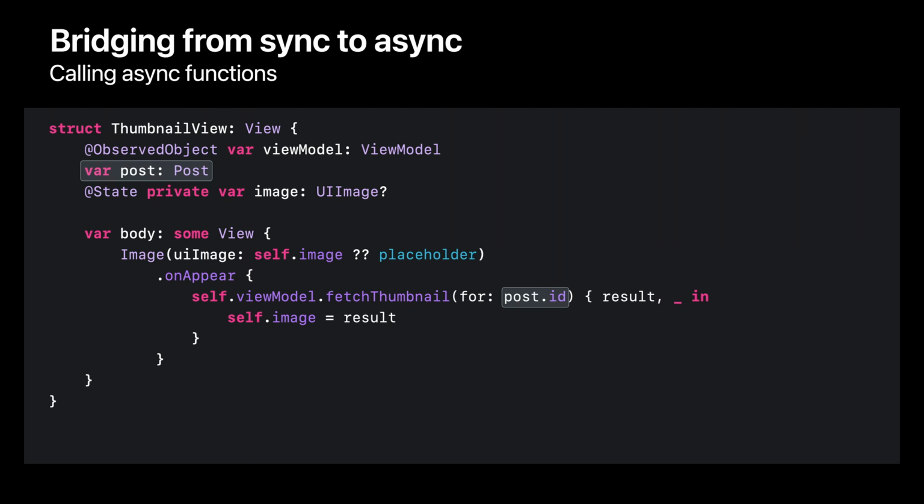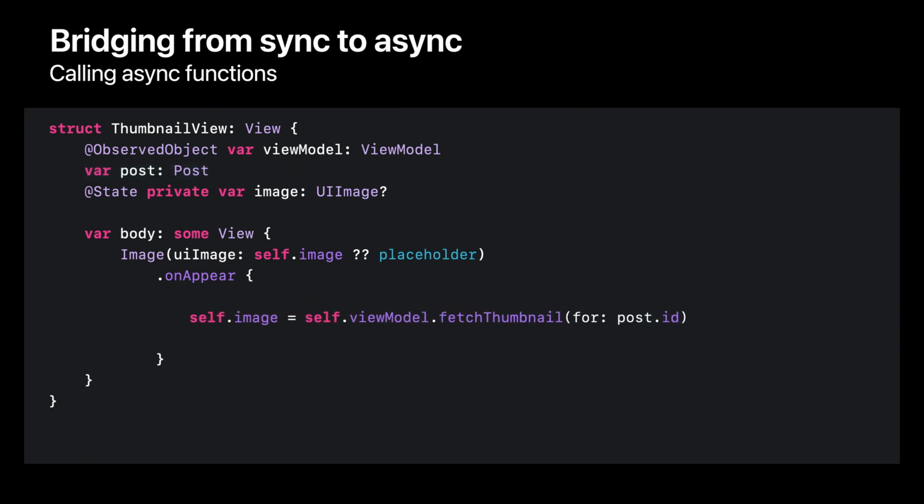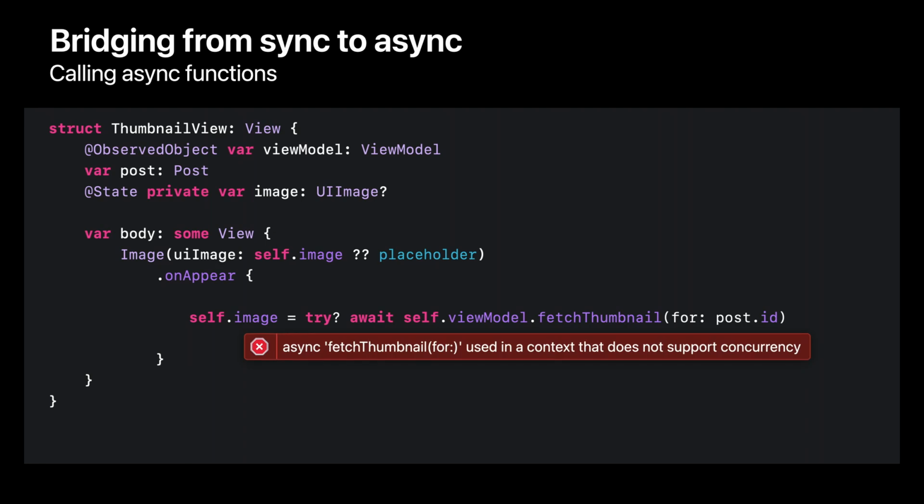You've already seen how to transform this call from the testing code, so let's give it a shot. First, we remove the completion handler. Then, try is added to handle any errors, and await to complete the call to an async function. But when we try to build this code, something goes wrong. The Swift compiler is telling us that we cannot call async functions in contexts that aren't, themselves, async.